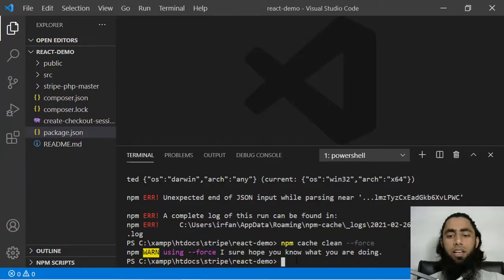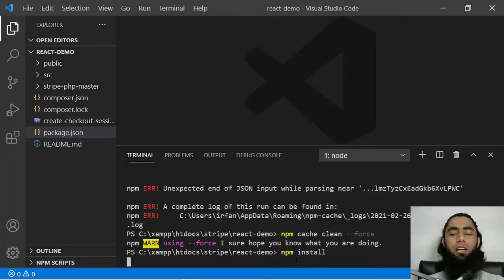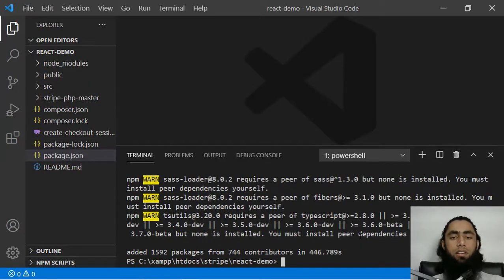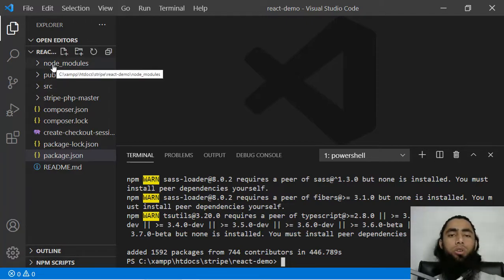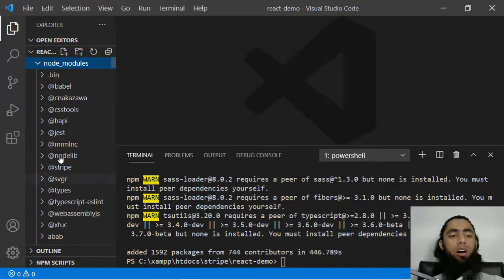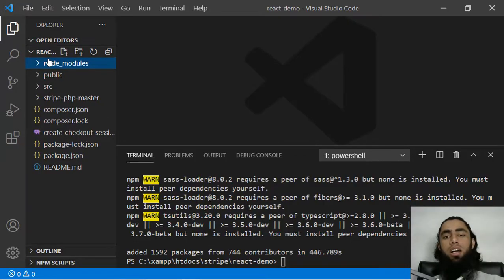So this npm cache clean --force is executed. Now we are going to run the command npm install again. So press enter key by writing npm install. So now you can see that everything is installed, and because of which on the left hand side you will be getting this folder which is node_modules, and inside of this folder you will have all those relevant packages which we are interested to install by using the command npm install.